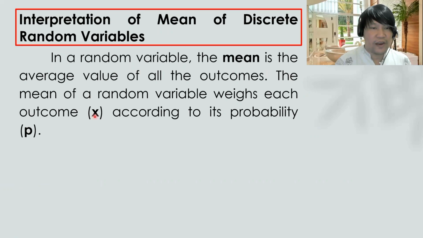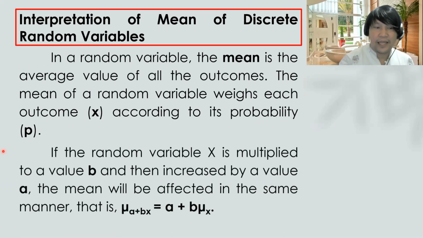The mean of a random variable weighs each outcome represented by x, which is our random variable, according to its probability. Okay? And if the random variable x is multiplied by a value b, and then there is an increase by a value of a, therefore the mean will be